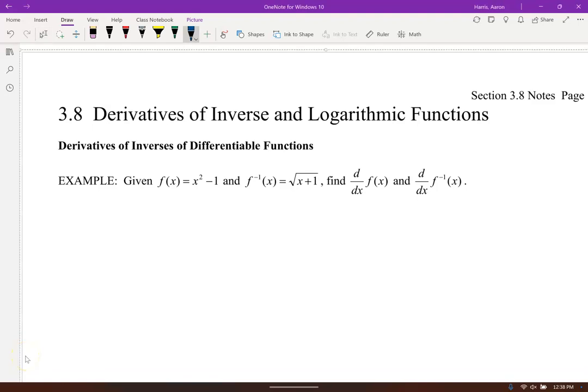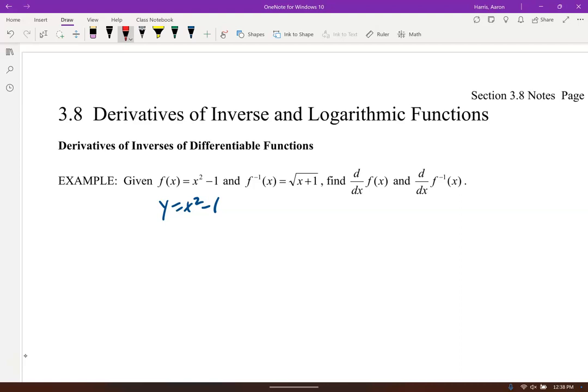A little review. We're going to take a look at inverses and see if we can make the connection between a function and its inverse today, and their derivatives. And if you remember inverses, like if I had y equals x squared minus 1 that's listed here,